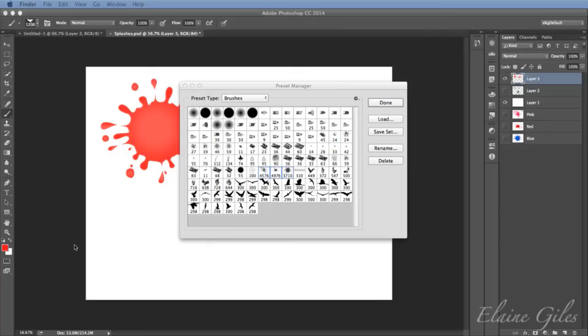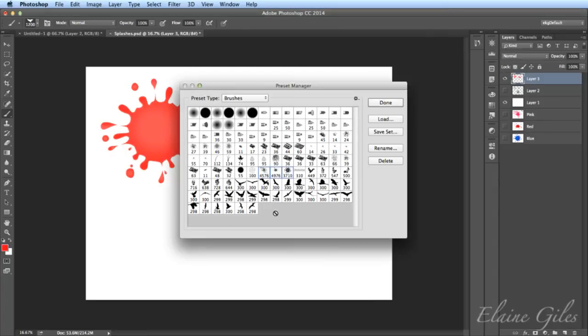So that's saved out just my brushes. It also means in here though that if I wanted, so if I'd got 1,000 brushes in here, and I don't recommend that, it slows down the more you've got, but I only really want to use 20, but they're not all from the same brush set. They didn't originate from the same brush set. Nothing to stop you selecting one of the birds and one of these scribbles and one of the default ones and one of the splashes, and making your own custom set of brushes. It's a fantastic way to make sure you've got just the brushes you want with you when you need them.